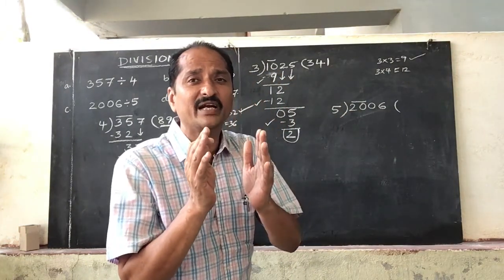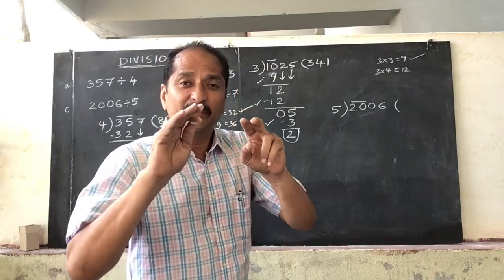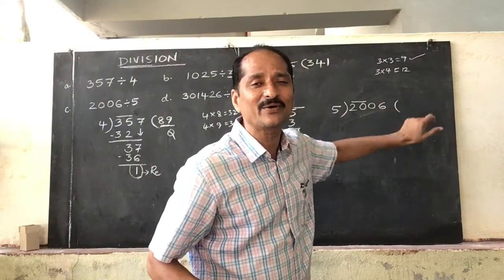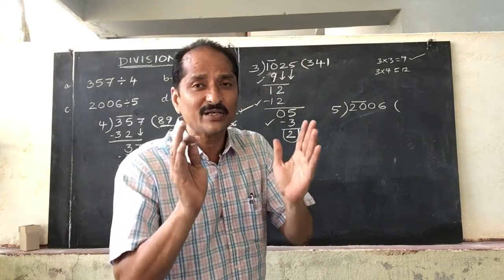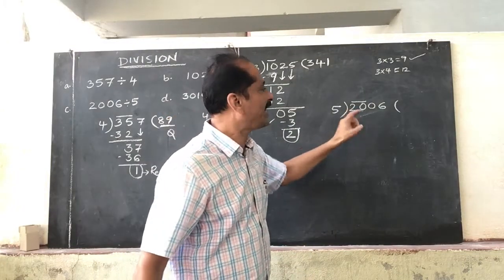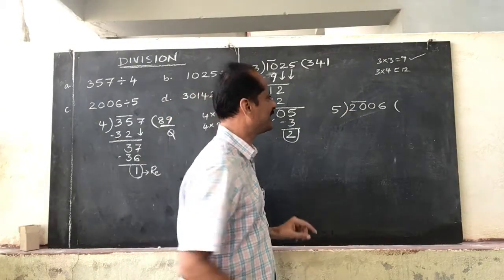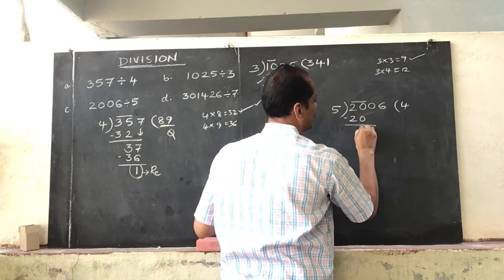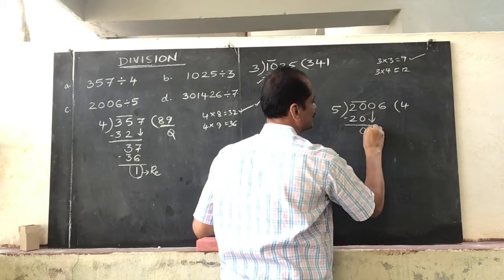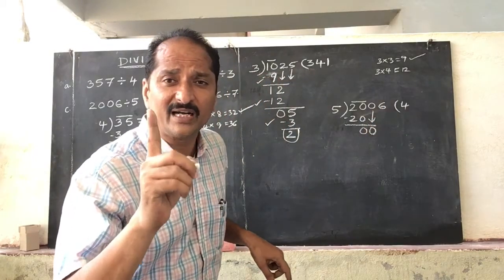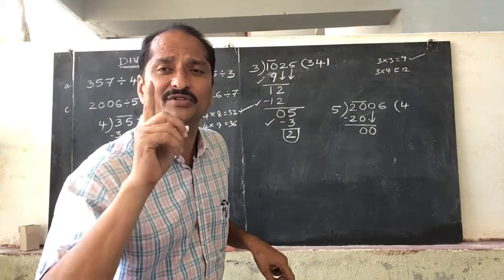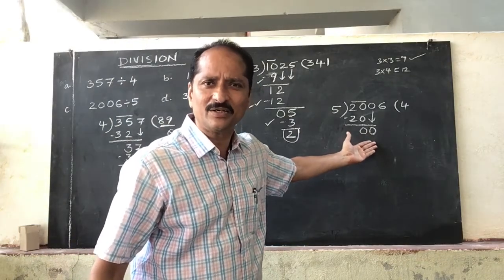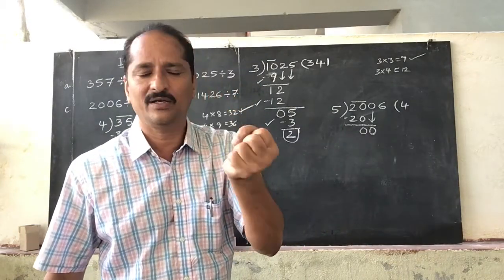Only in the beginning can you take 2 digits at a time. But in the middle of the division, if you are taking 2 digits at a time, there we should place 0 in the quotient. Why we should place 0 in the quotient, I will show you. So 5 4's are 20. Now 20 minus 20 is 0. Now bring down the next digit, that is 0. Whenever we bring one digit down, immediately we should divide. Is there any 5 in 0? There are none.